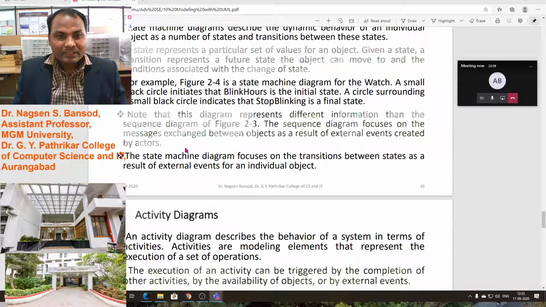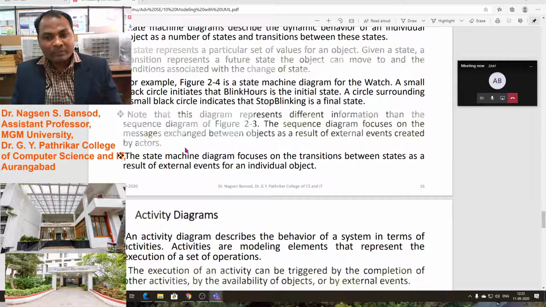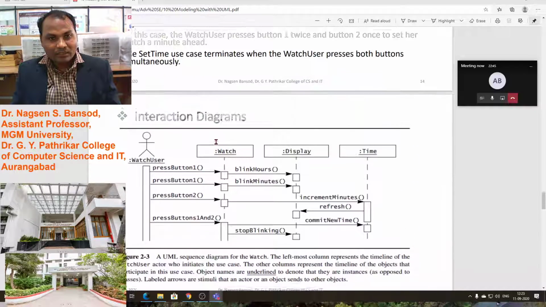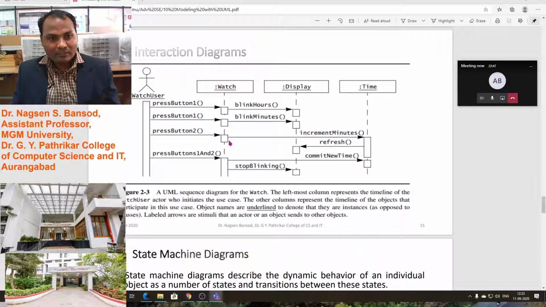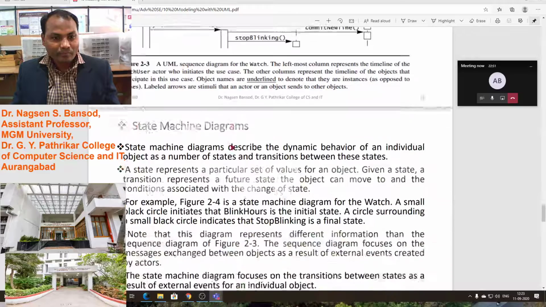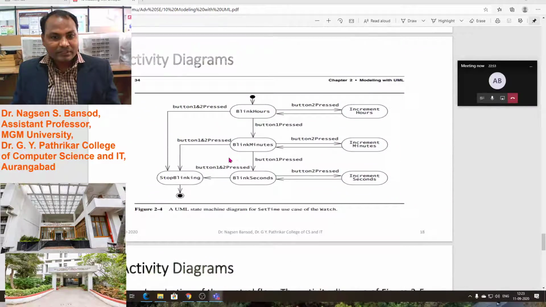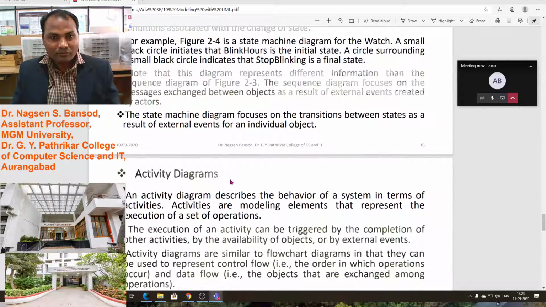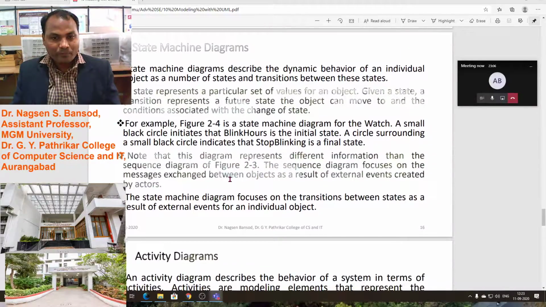Note that this diagram represents different information than the sequence diagram. That is the interaction diagram, the sequence diagram. This diagram is different. Here are the states: first one is blinking hours and the other is stop blinking.